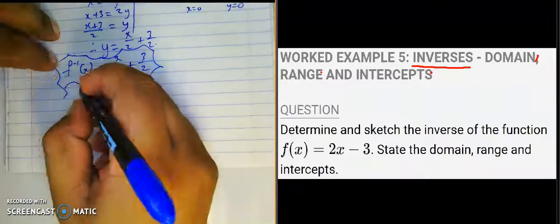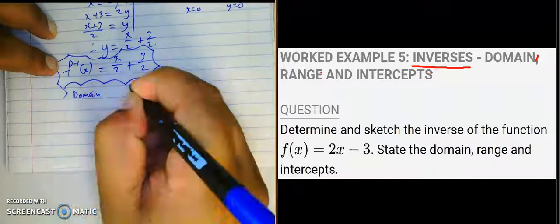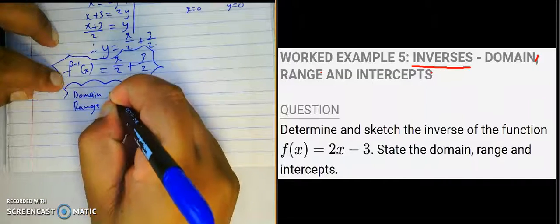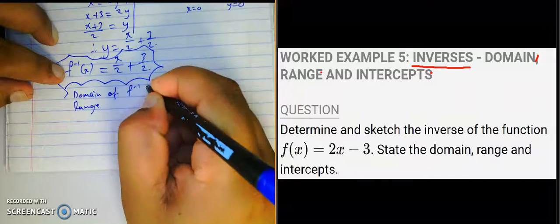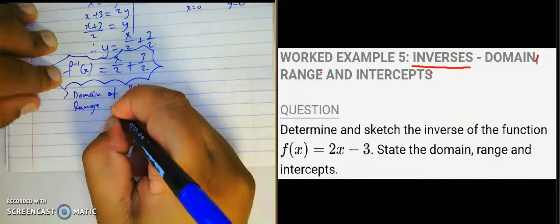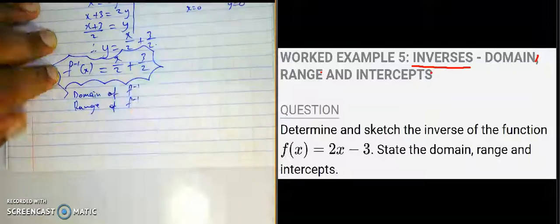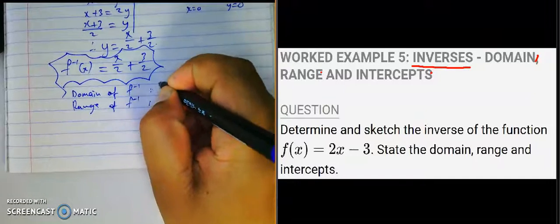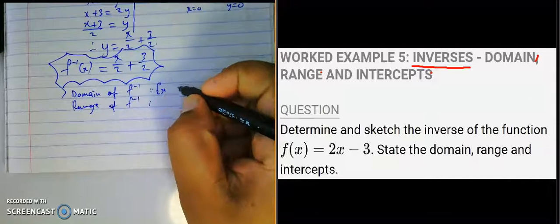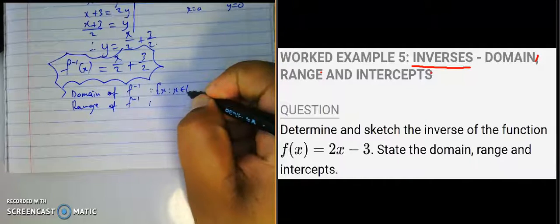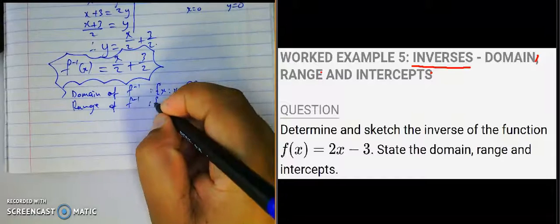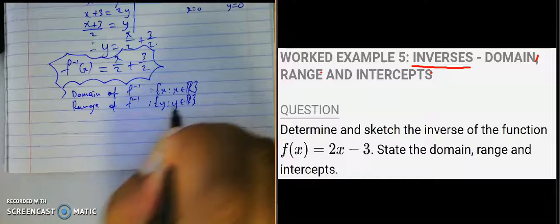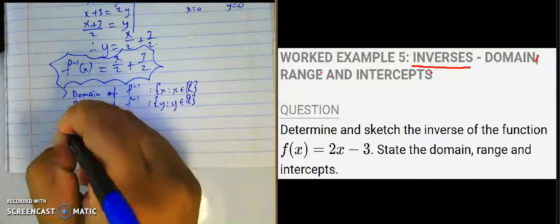So now, learners, write out our domain, our range, okay, our domain of the inverse, and our range of the inverse. Right? I hope that's clear. Such that x is an element of all real numbers, and for my range y, such that y is an element of all real numbers. And for my intercepts, learners,